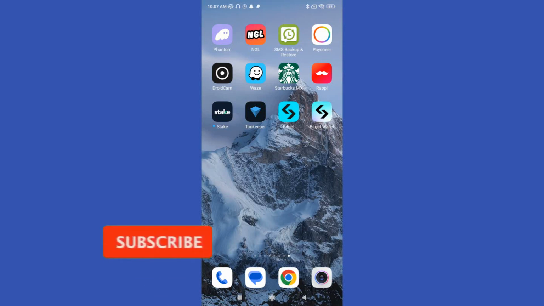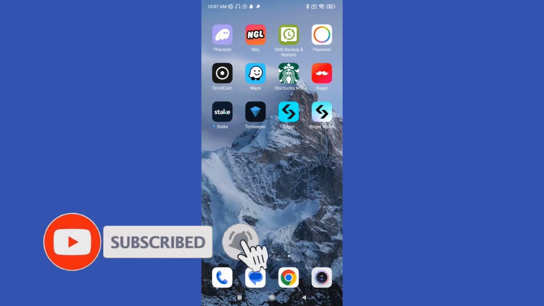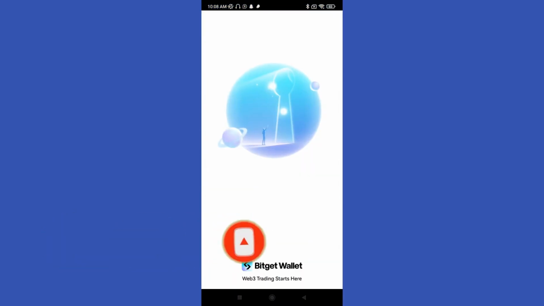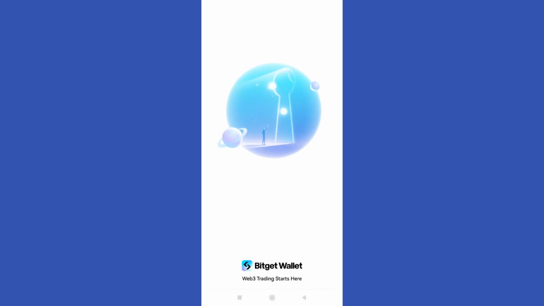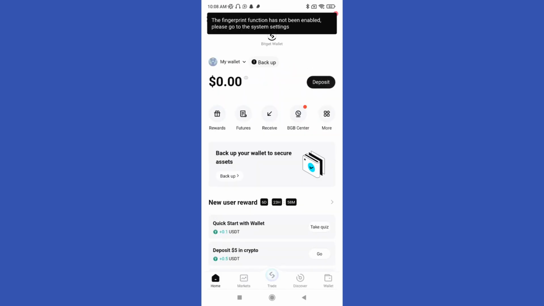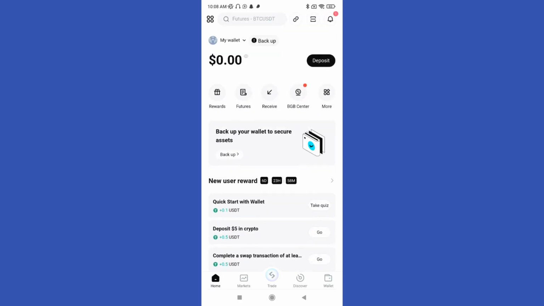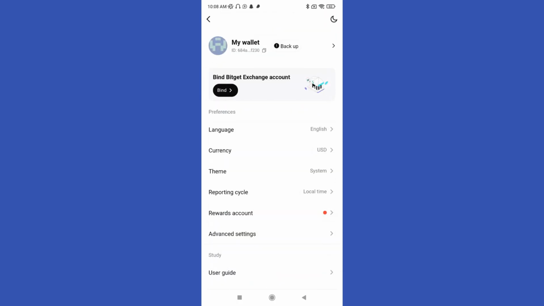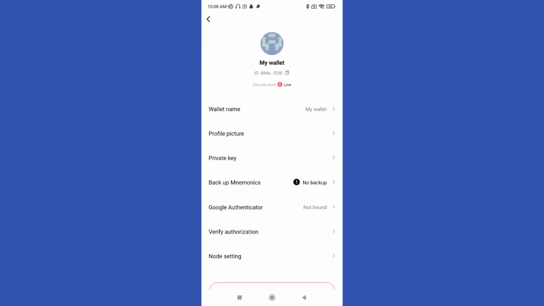This time we check how to find your UID on Bitget, so let's start. So just click here on Bitget wallet, just wait a little bit until this starts. So now that we are here on a Bitget wallet, just go to the left corner, okay, so just click there, and then just click on my wallet. And there appears the ID, so you just have to copy this,